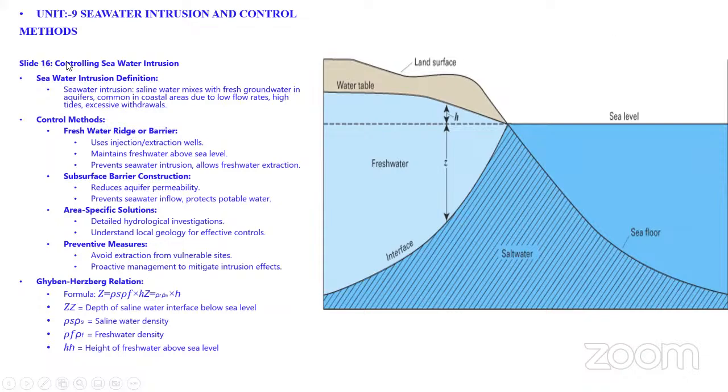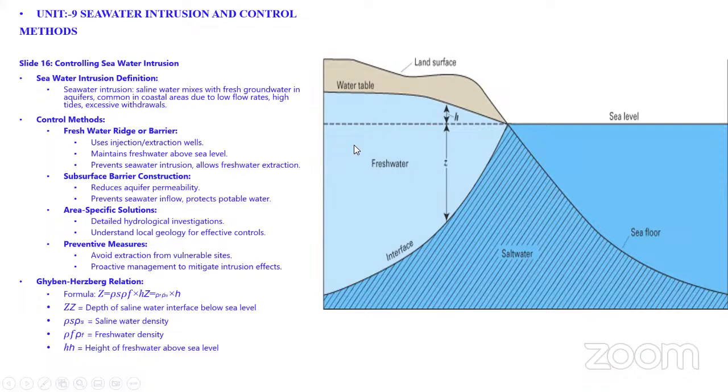Here, slide 16, controlling seawater intrusion. What is seawater intrusion? Definition first. Seawater intrusion is when saline water mixes with fresh groundwater in aquifers. This is the aquifer. It has fresh water. This seawater is mixing with the fresh water. That is seawater intrusion. Groundwater in aquifers, common in coastal areas due to low flow rates, high tides, and excessive